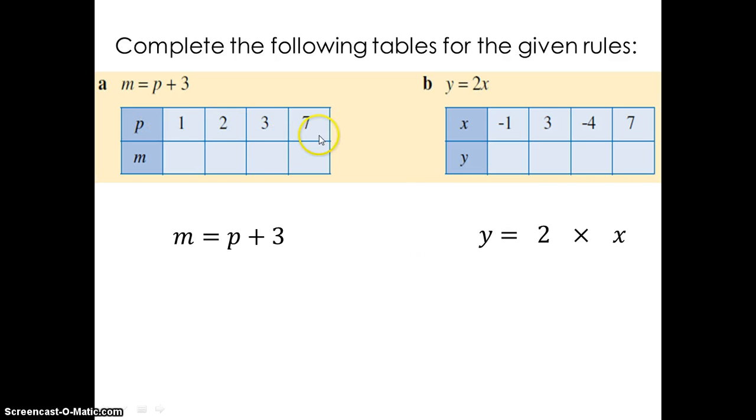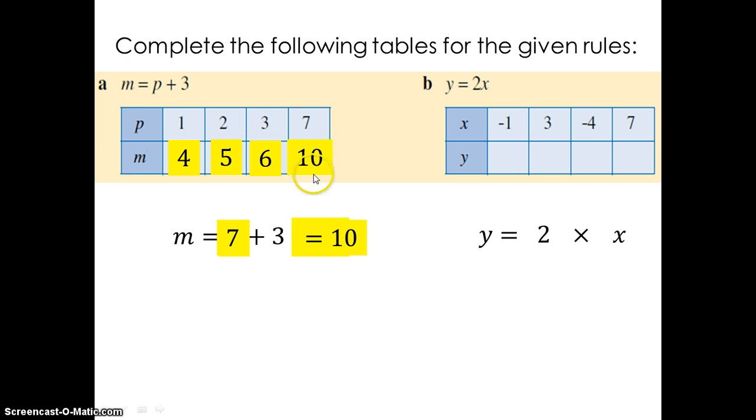So our p values are what we're given in the top line. The first one is 1. See how I replace the p with the 1. 1 plus 3 is 4. So that's why we write 4 in the table. Then the p is replaced by 2. 2 plus 3 is 5. 3 plus 3 then is 6. Then we're replacing it with a 7, and we get 7 plus 3 equals 10. So that's how we fill out our table, by replacing all of the numbers into the particular letter that you're